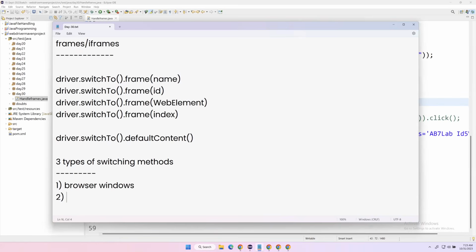Second concept, how to switch between the alerts. Now today's concept is how to switch between the frames. How to switch between the browser windows, one browser window to another browser window. The command is what? Driver dot switch to